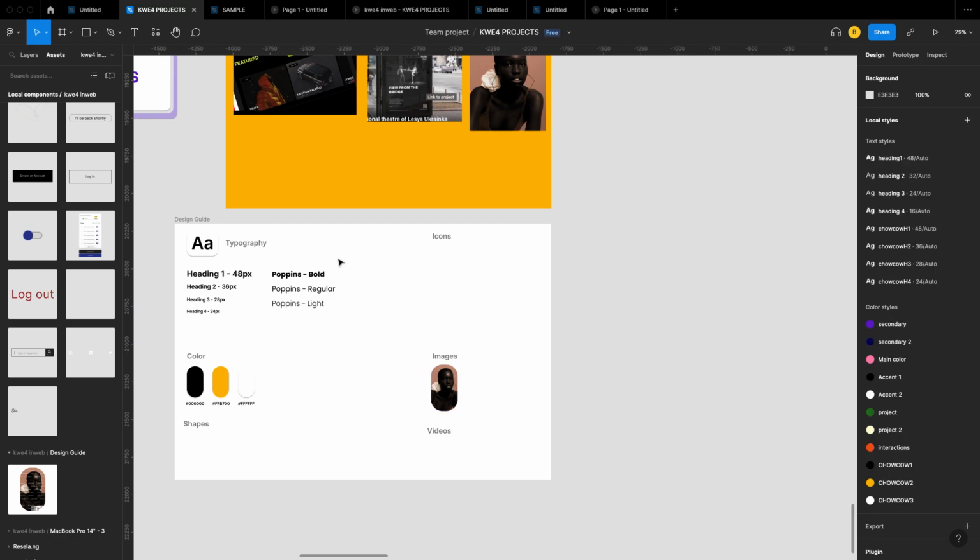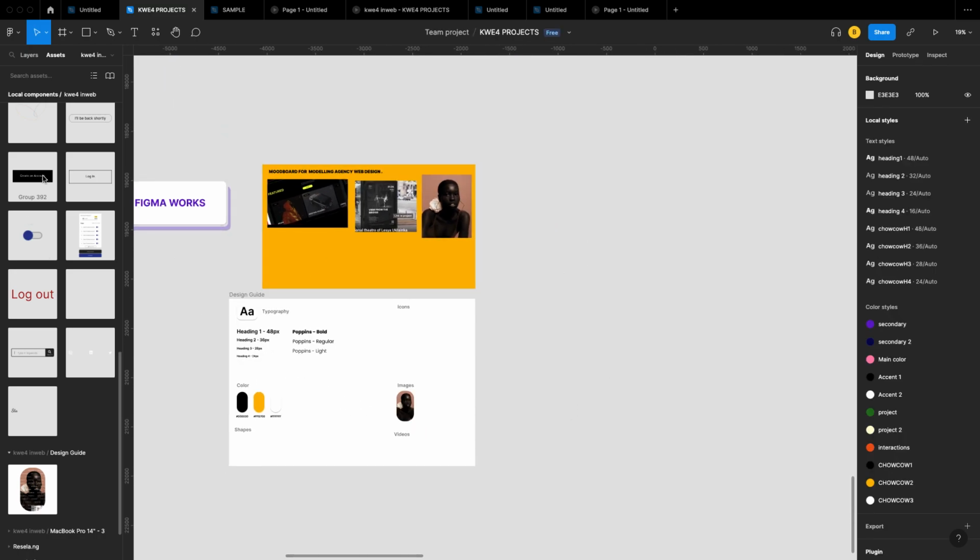So they don't need to start asking me or looking for it. You just come to assets and see all the available assets concerning a particular project. So that's how it works. So we have that. Now moving on,